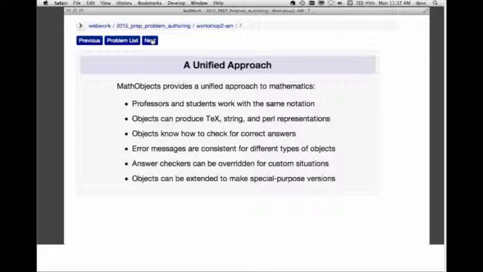The idea behind MathObjects was to provide a unified approach to mathematics within a problem. There's a bunch of things that talks about. One of them was that professors and students work with the same notation. So the algebra notation that we talked about with PGML is the notation that students enter their answers in. The professors can enter their answers in that same format. That way the students and the professors work the same way, and there's no chance of there being a difference